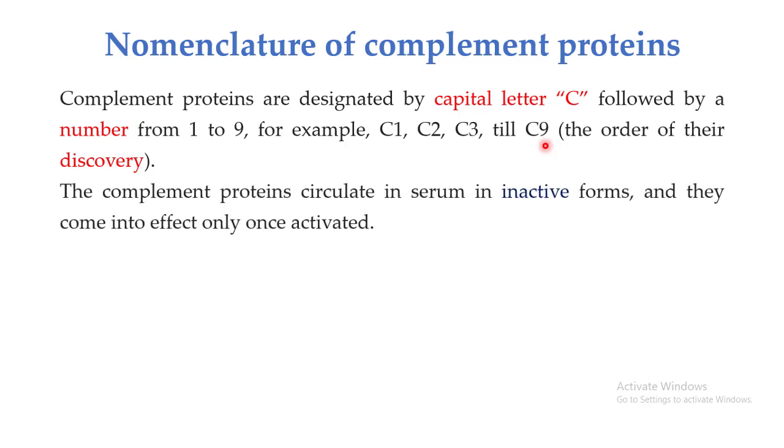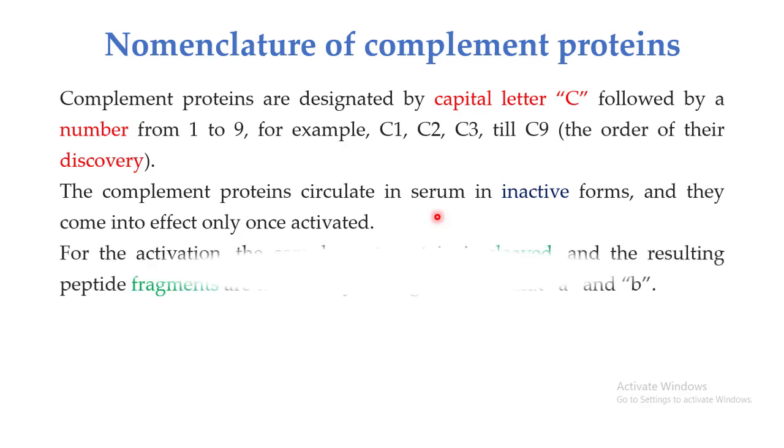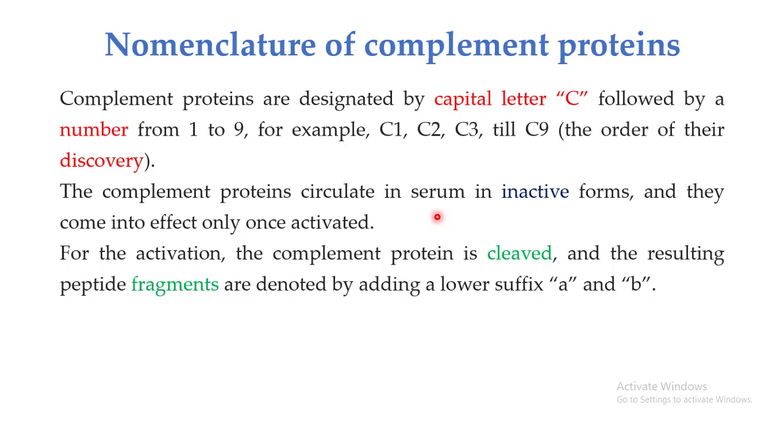Then I've told you that the complement proteins are made in their inactive form, so they are there in the serum in their inactive form unless their activation is needed. And when you are interested in the activation of these complement proteins, you go for the cleavage of the complement protein, and the cleavage results in peptide fragments, which are denoted by adding a lowercase suffix a and